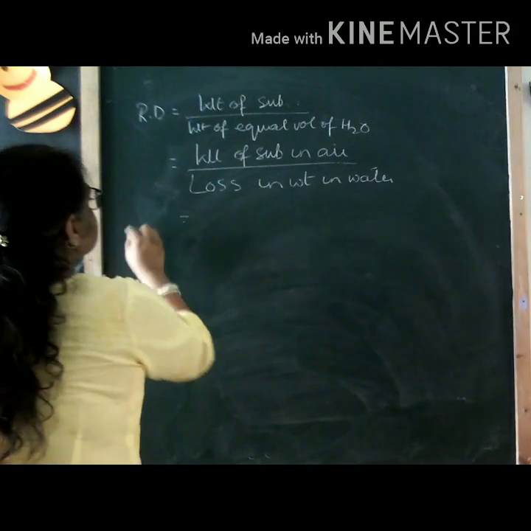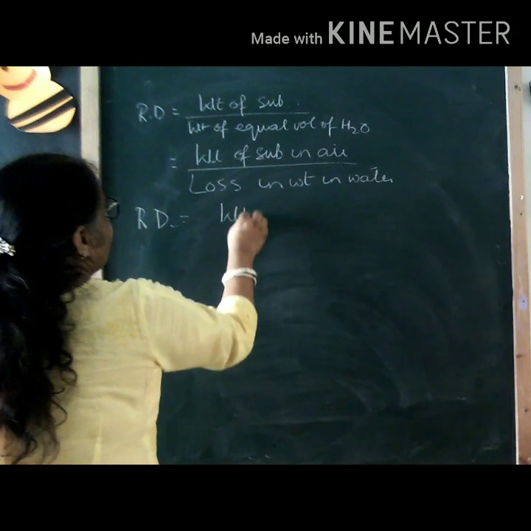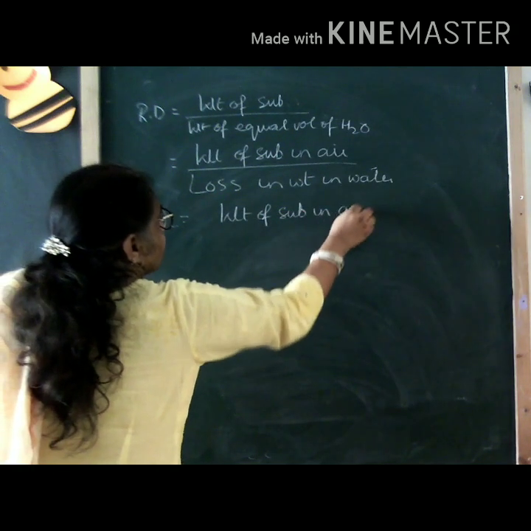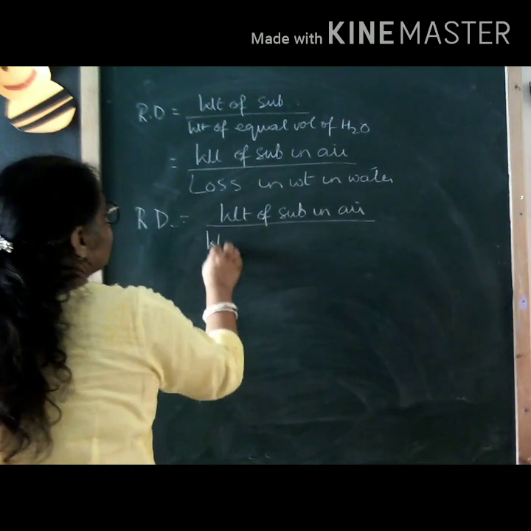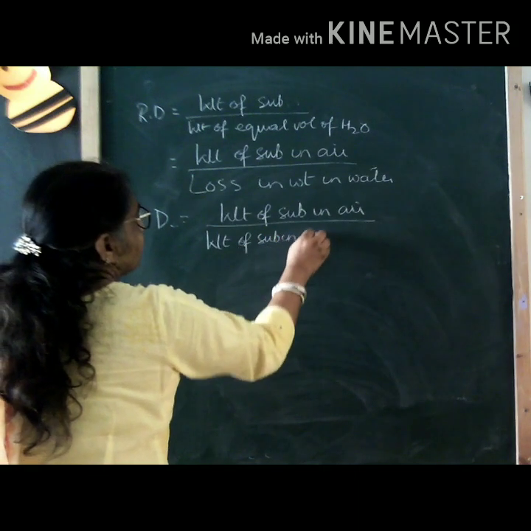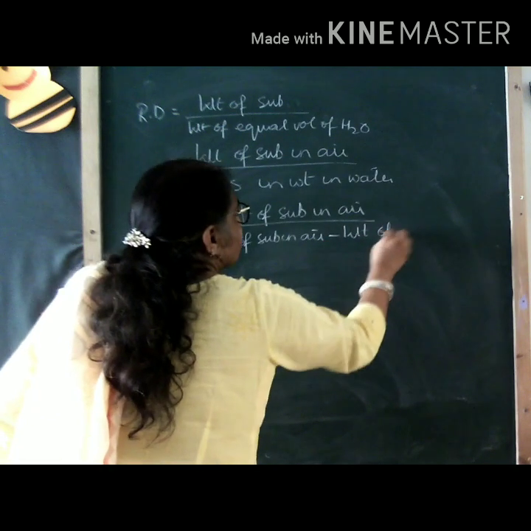So I can write relative density is equal to weight of the substance in air upon loss in weight. Loss in weight will be written as weight of the substance in air minus weight of substance